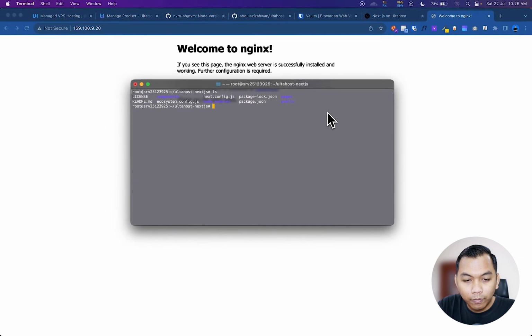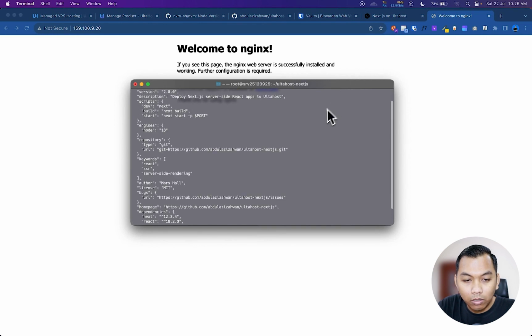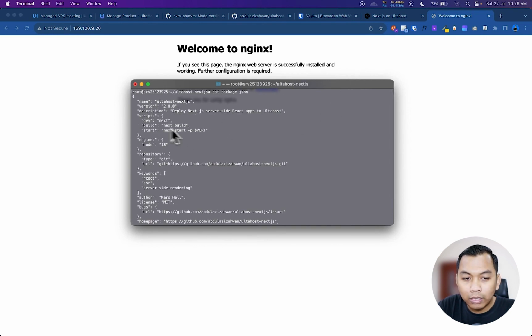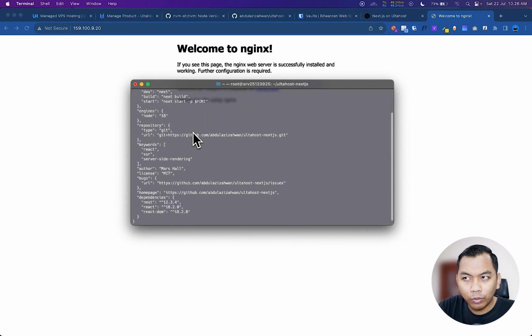So let's check that file. We will see module exports, app name, and then script. So what we do next, we need to check our package.json. So let's scroll here. We need to focus on the script, build, and start. Alright, and here we need to say it like this. We need -p, we say our port.